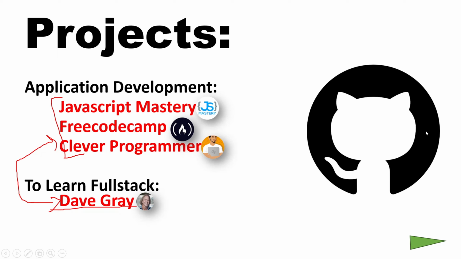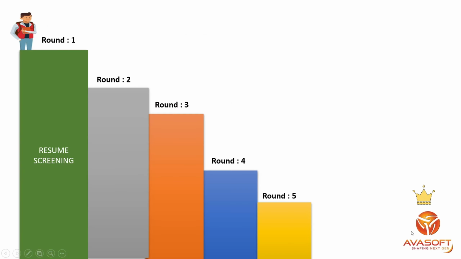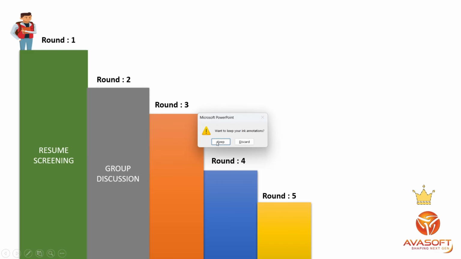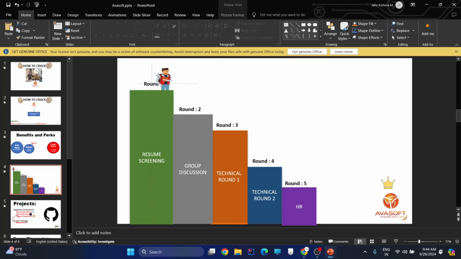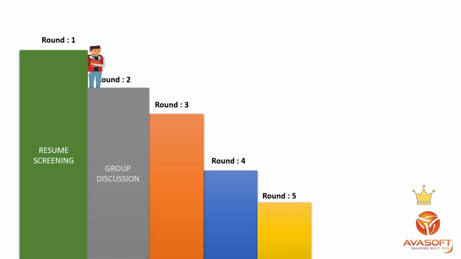So you just need knowledge of GitHub. These channels are good for learning, but at the time of output you should use GitHub and showcase your output. If you clear the first resume screening round, which is not that difficult at all,